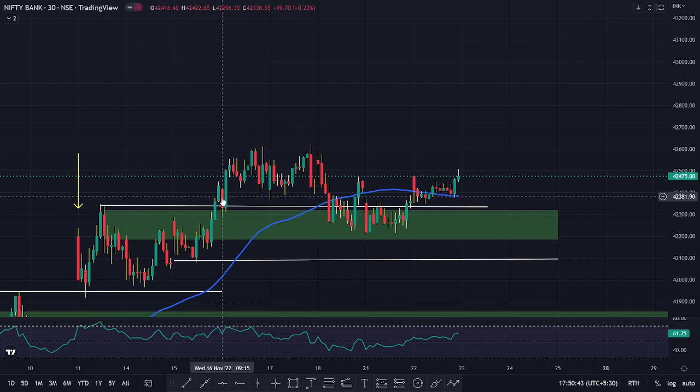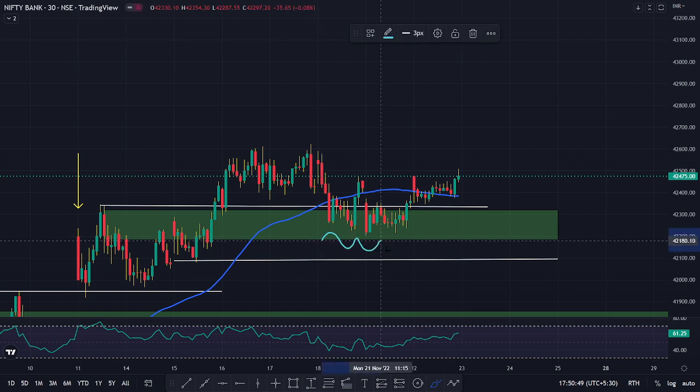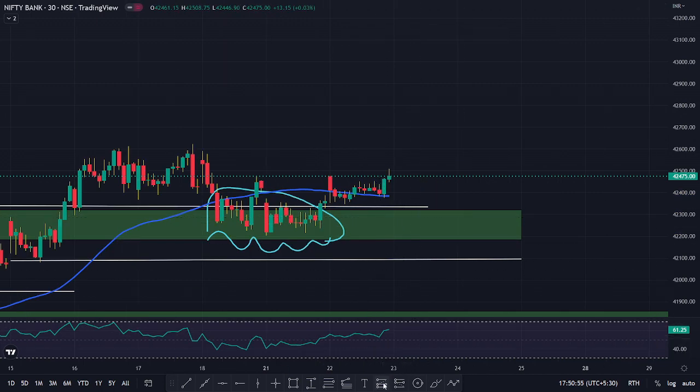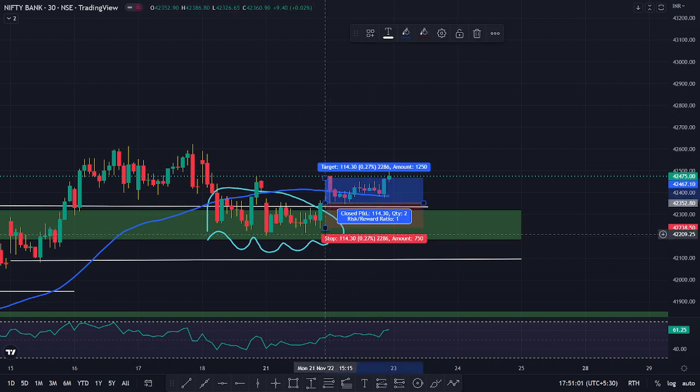And now when the market broke it, entered the zone back here again, the market started to go in some sort of a consolidation here, right? This entire zone, it's some sort of a consolidation. And this market had a breakout here, which is on 21st November, which is yesterday, right? So after I knew this, then I would have taken my buy trade,